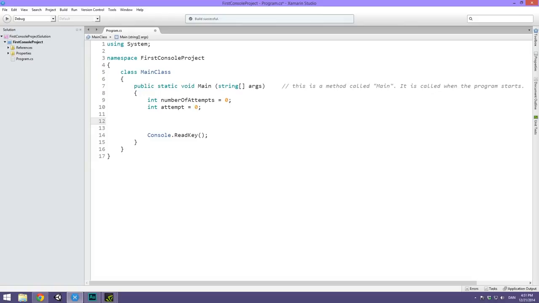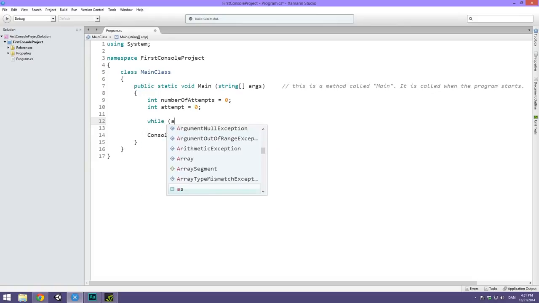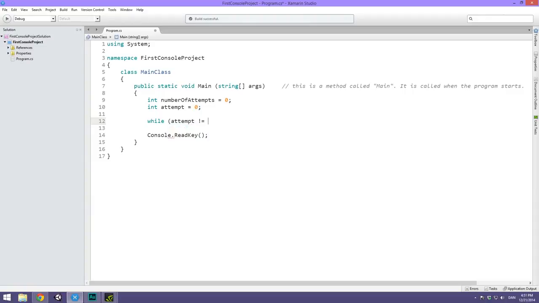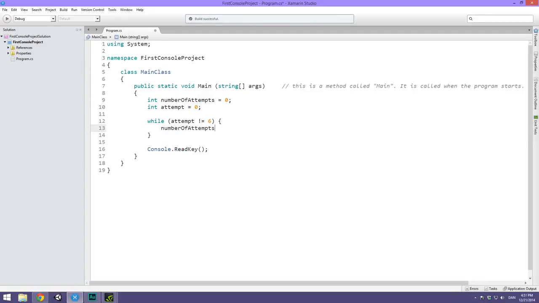Then what we want to do is say while attempt is not equal to 6, we want to do something. So while we haven't hit a 6, we want to first set attempt to a random value. So we haven't hit a 6. Let's set it to a new random value. Let's roll again. So in order to do this, we say attempt equals